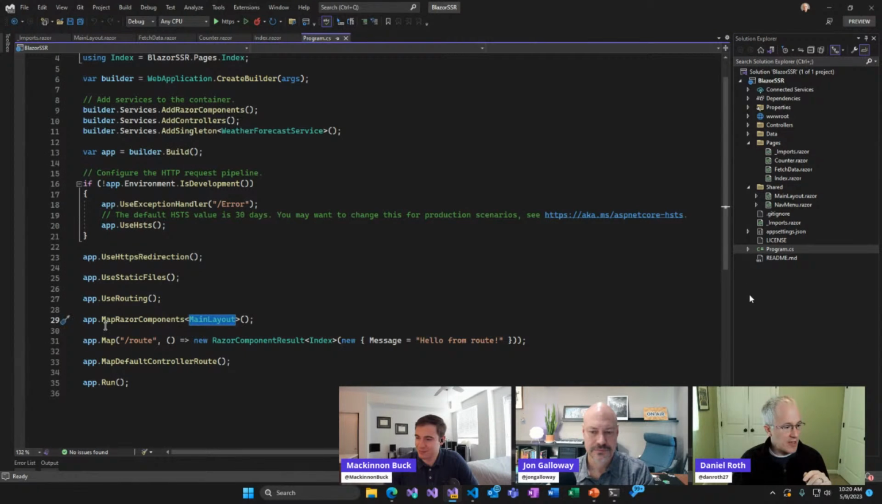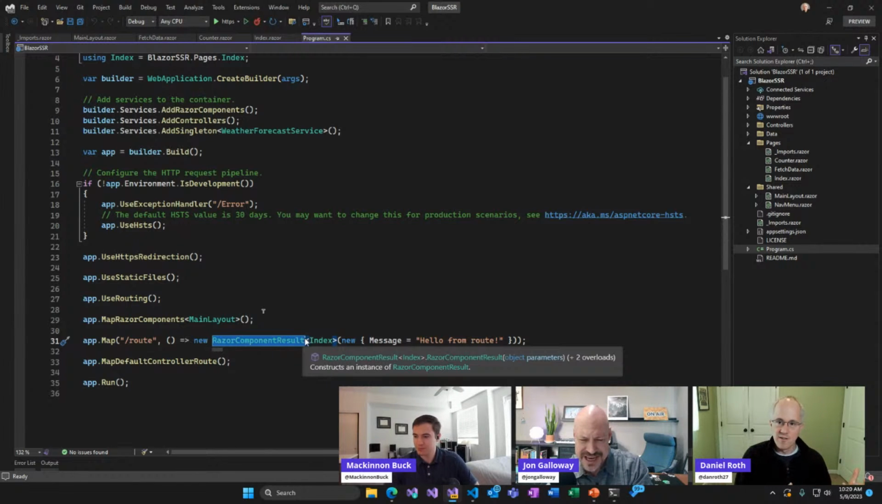Now this model of having a MapRazorComponents call, where we just find all your routable components and set up endpoints for them, we think that's going to be the most common pattern for people who are using server-side rendering with Blazor. But there are some other approaches that are available as well. For example, you can just route to a Blazor component using endpoint routing, and that's what's happening down here. So here in this call, we're mapping /route to a Blazor component. We're using this RazorComponentResult, which is a way that you